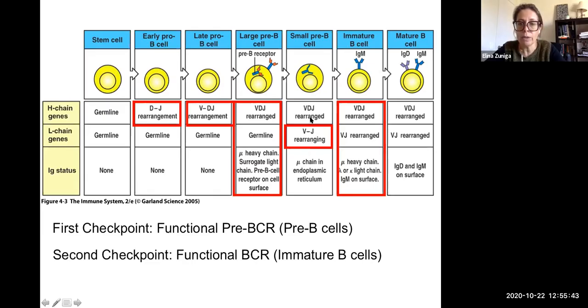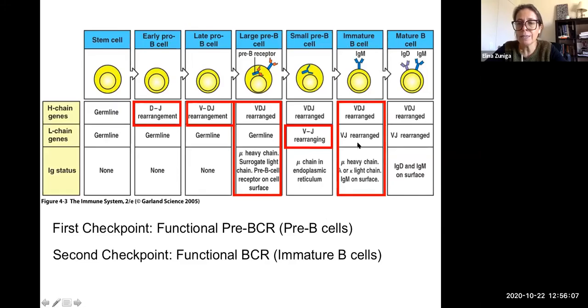And so now that will combine with the heavy chain. And so in the immature B cells, you will have the mu heavy chain, the lambda or the kappa light chain, and basically this will combine with the combinatorial pairing to express the immunoglobulin M on the surface of these